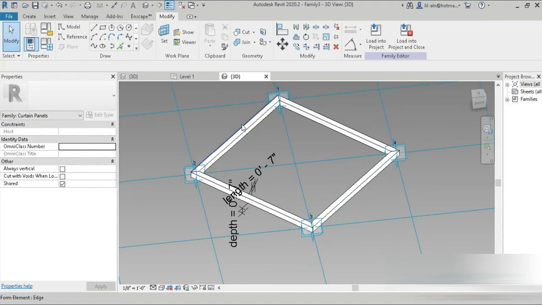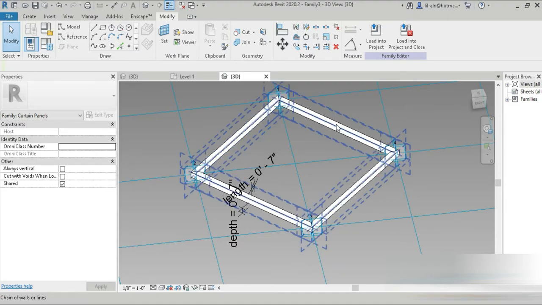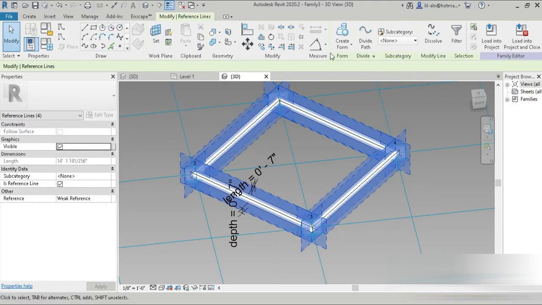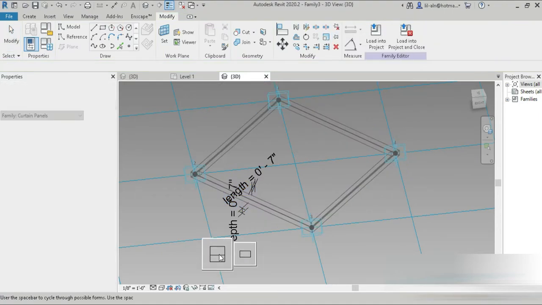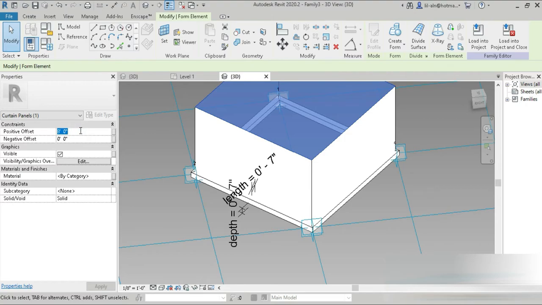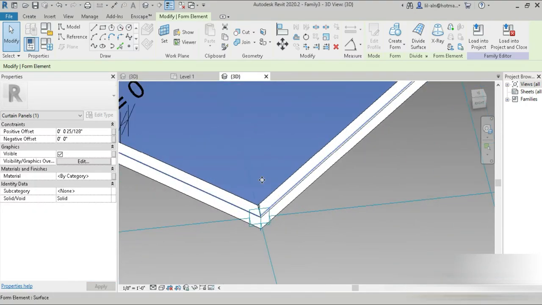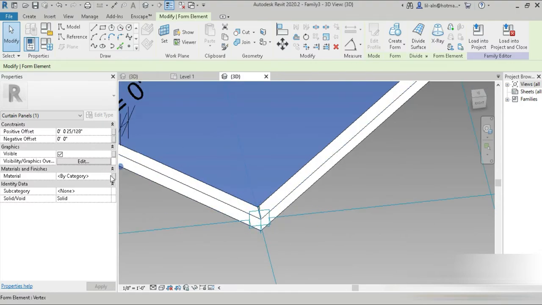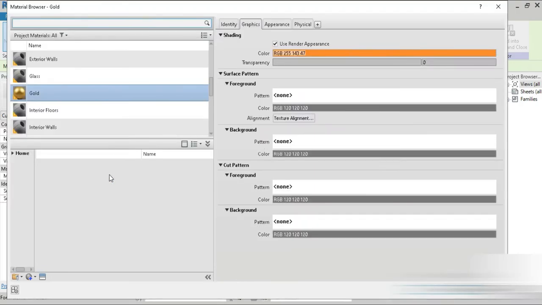Now the next thing is adding the glass in between. So how about you select this and create form? Yes, we have already made it a form. So check this out. But now the distance of this is going to be 5 mm. This is the thickness of glass, right? And the materials are going to be